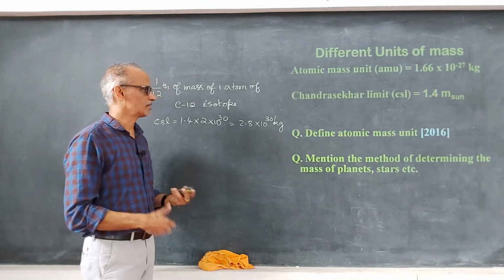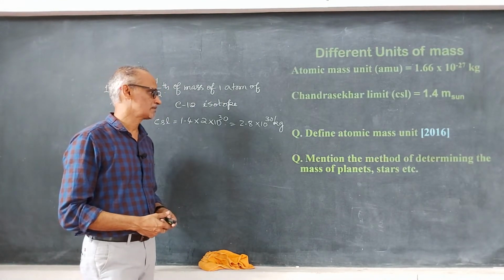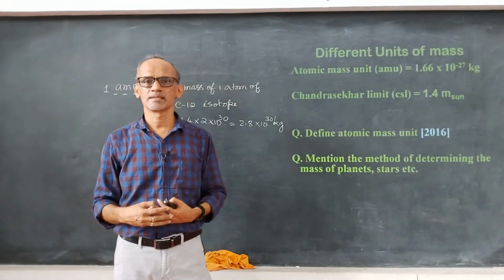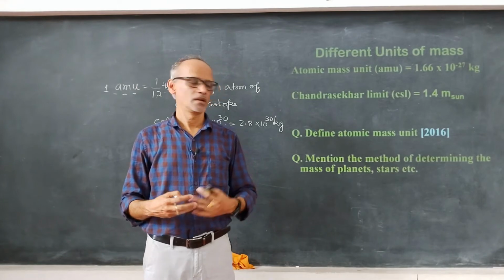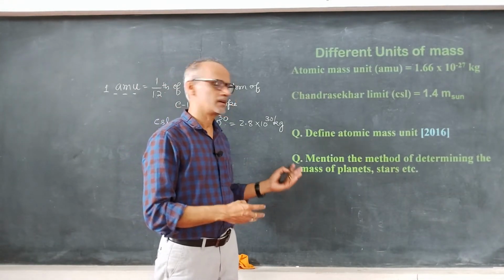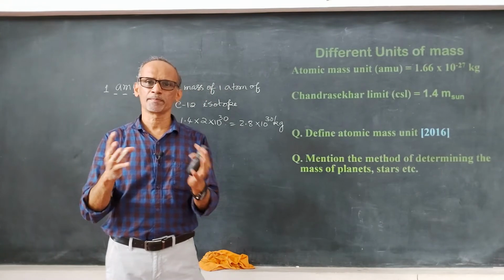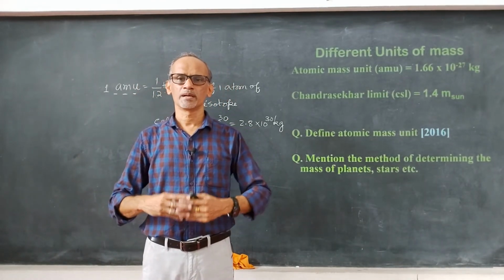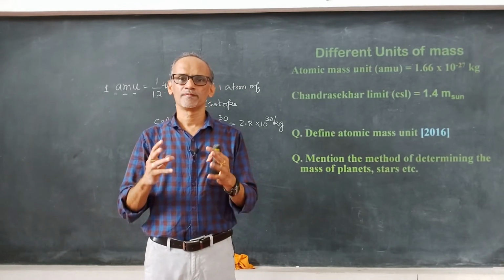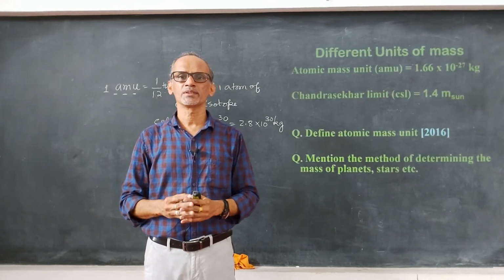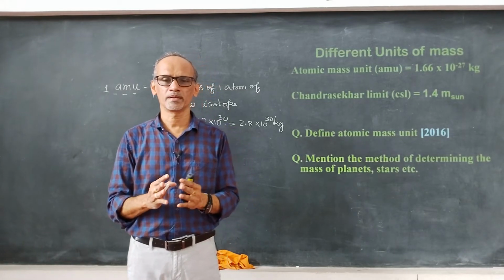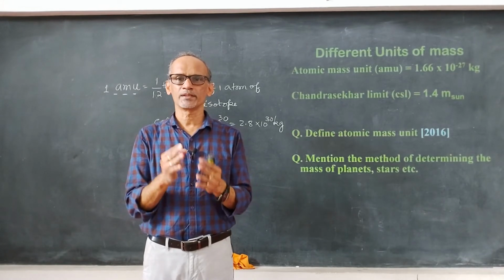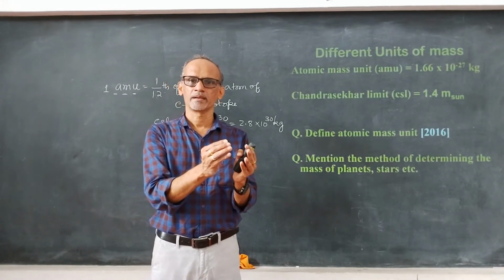Next, mention the method of determining the mass of the planets and the stars. We know how to measure their distances, that is the parallax method which is used. How do we measure their masses? We know at present the approximate mass of Venus, Mars, and Saturn. So, for that they use the gravitational method, where they measure the gravitational force between that planet and the satellites